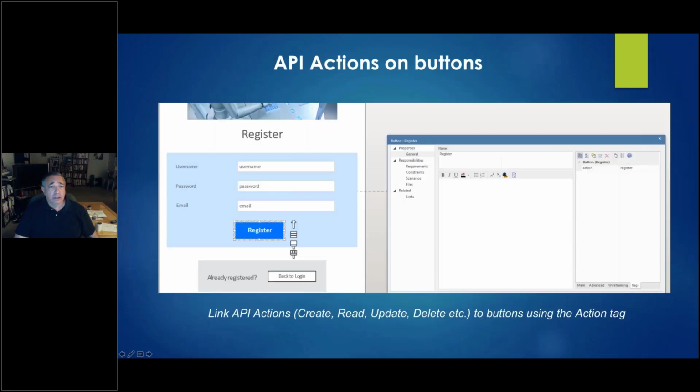And next, here's how we put the actions on the buttons. So I've selected my register button. Again, I go to tag values. So this is a common theme. CodeBot uses UML tag values for, you can think of them kind of like compiler directives. You know, it's basically when this thing is clicked, look at the tag value and do something with it.